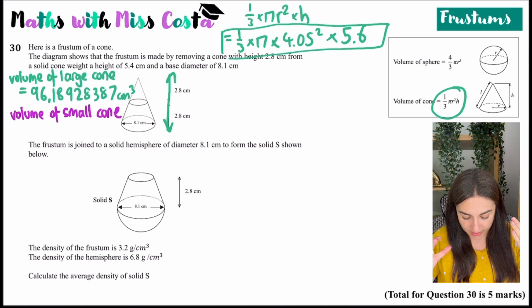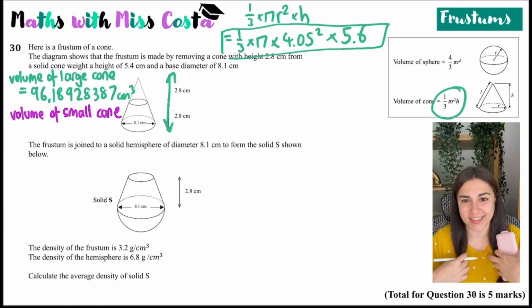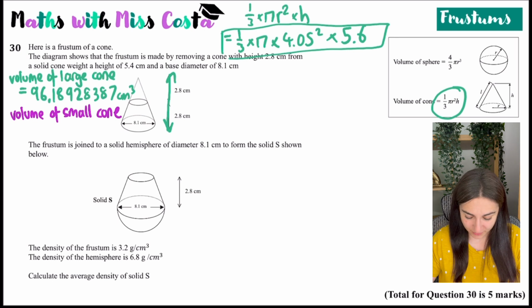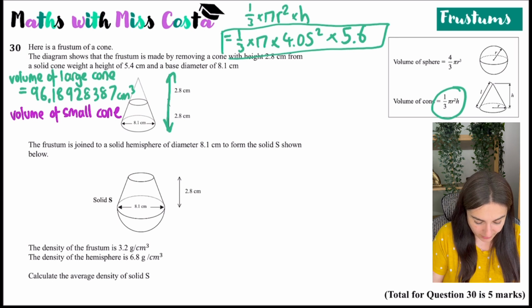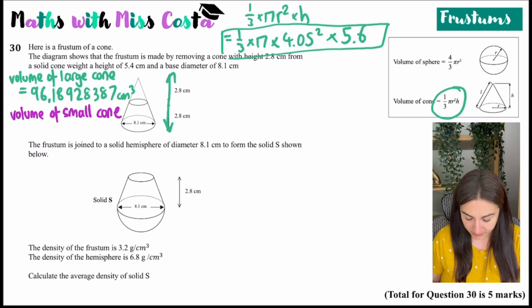You can either do it by working out the linear scale factor, or you can use the volume scale factor when you've got similar solids. I don't know which would be easier. So, oh no, don't delete. Why does it do that? Okay, so